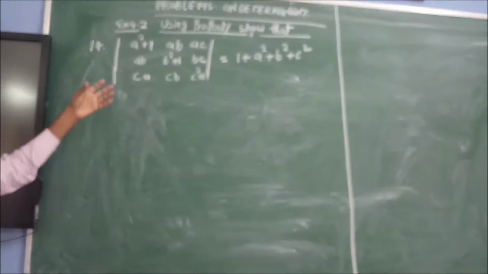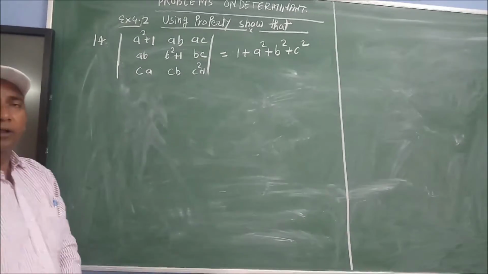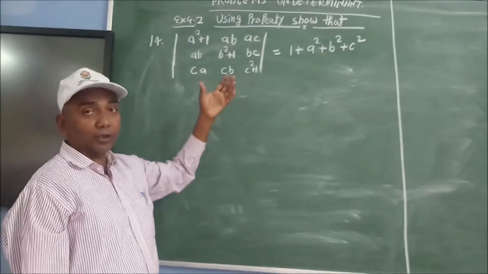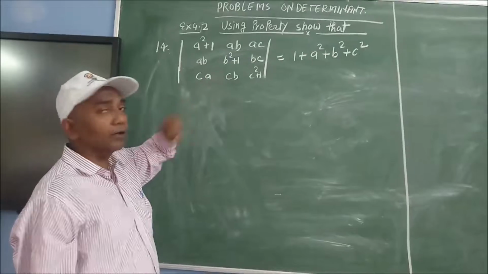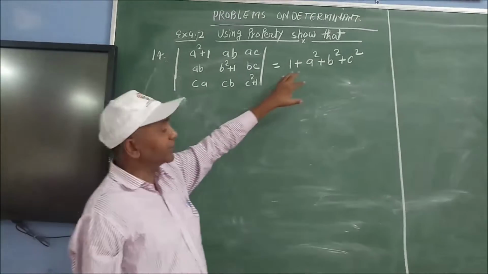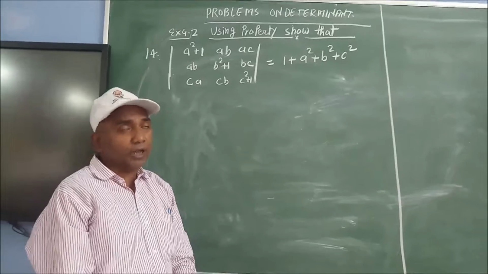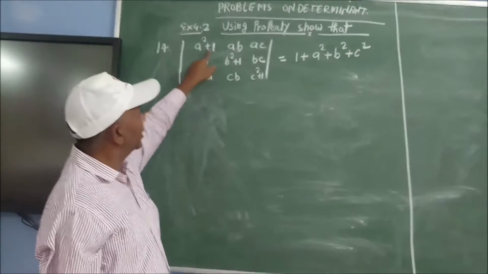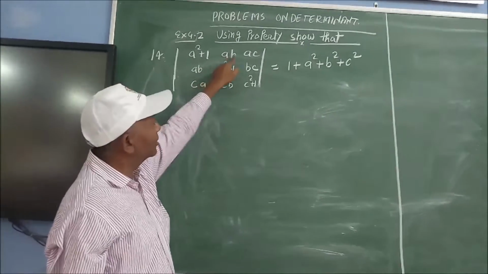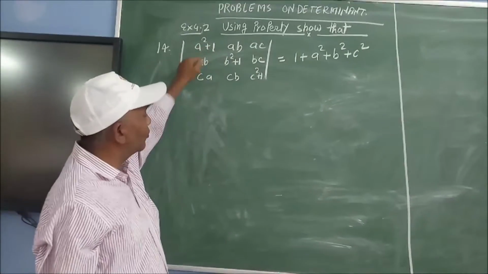So what we have to do when a question is given? So see here, what we should think? We always look like trigonometry. So RHS is this, how we will get the RHS? So the simple method is that, here you are seeing b square, c square is not in the first row or first column.